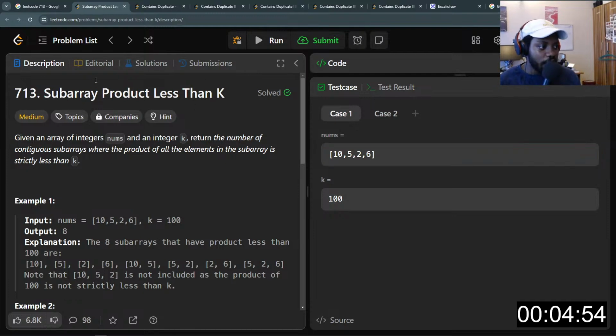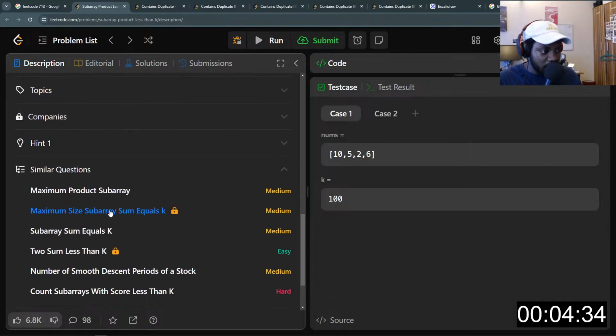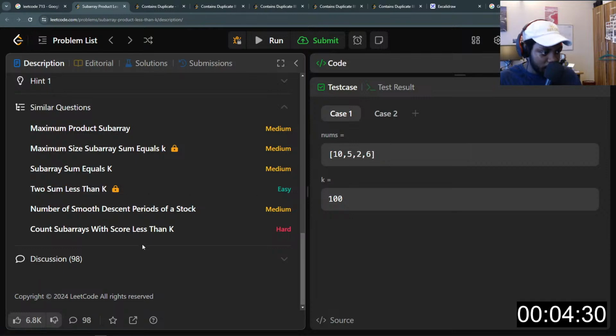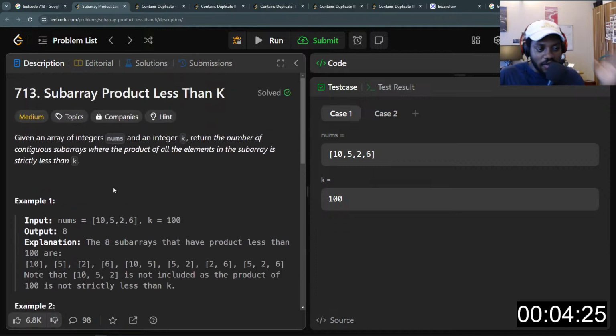Ouch. So, Subarray Product Less Than K. This is a sliding window related problem, and it is quite interesting how this problem is really related to the maximum subarray sum question. But I'm not sure if the maximum subarray sum question is here. This is product. I want maximum subarray sum. Anyways, let's read this question. I solved this question previously, and thankfully I still remember how I did it.